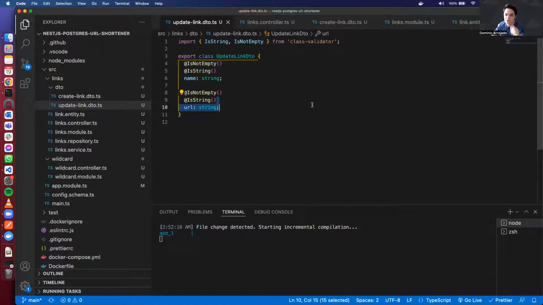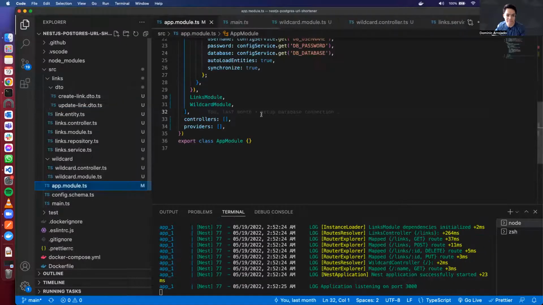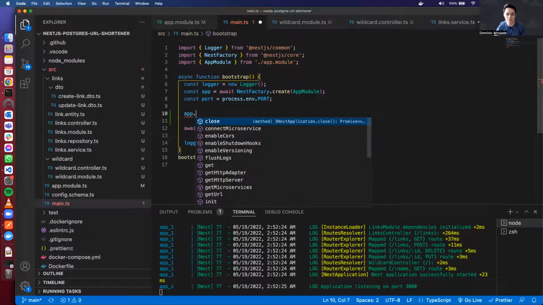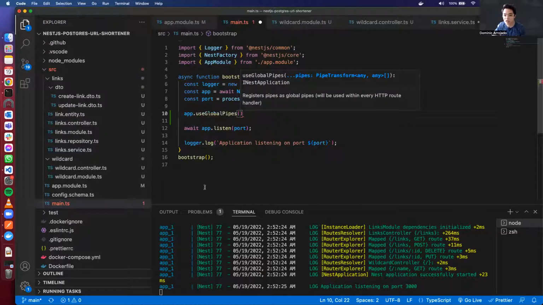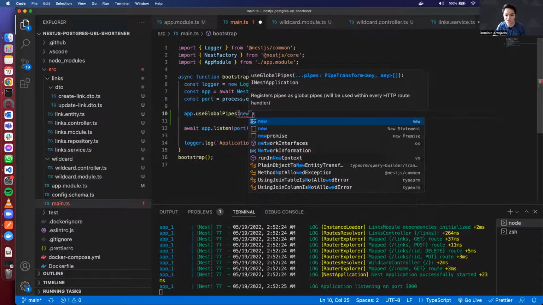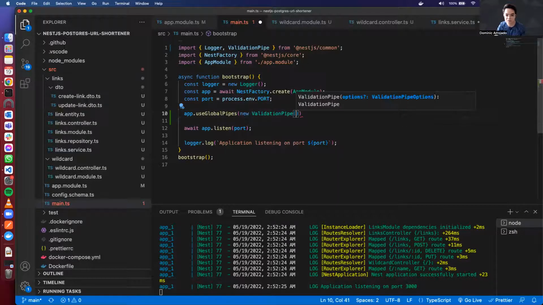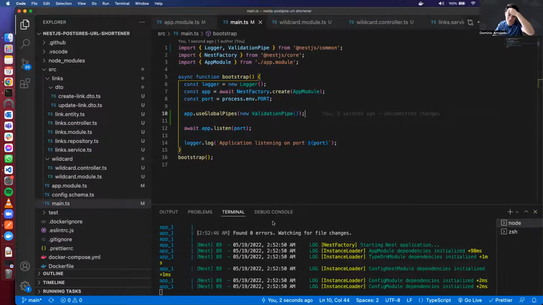Right now NestJS doesn't know what to do with these decorators yet. In order to utilize these decorators, we need to use the pipe. So remember, we're going to add the validation pipe at the application level. And this is how you do it. You basically call useGlobalPipes and pass in a new instance of the validation pipe. All right, so after this compilation is done,